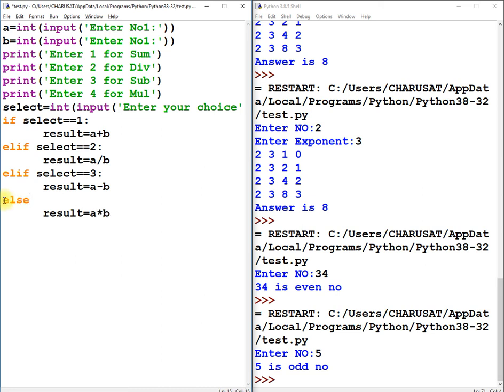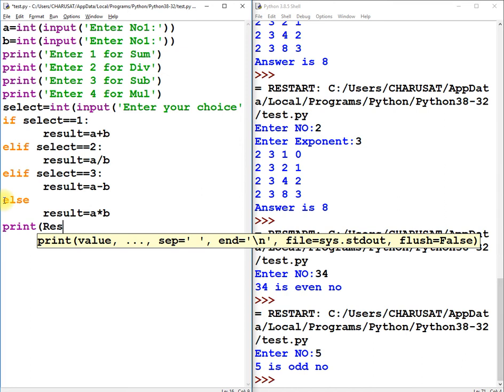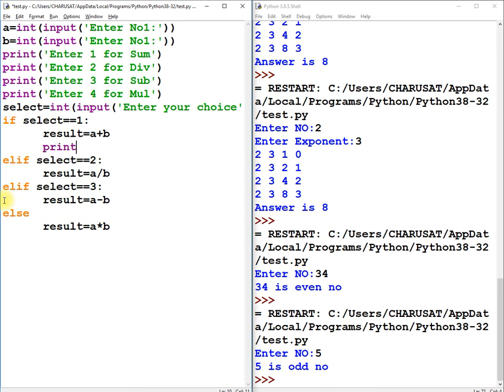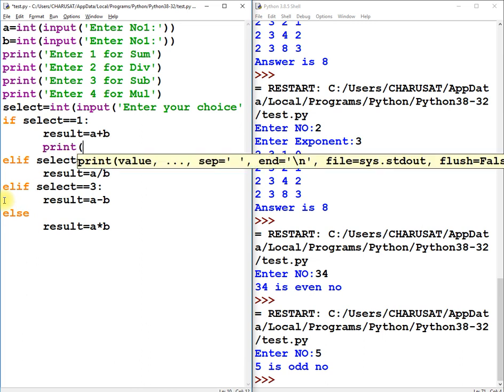Okay, so here I can print my result. Or you can print it inside if else as well. If you want to print it with some personal message, I can print "sum is" result.